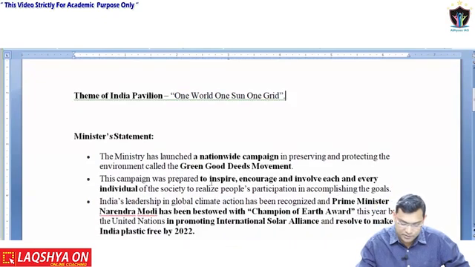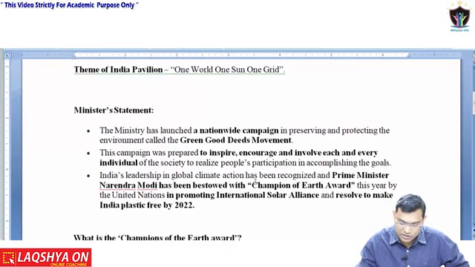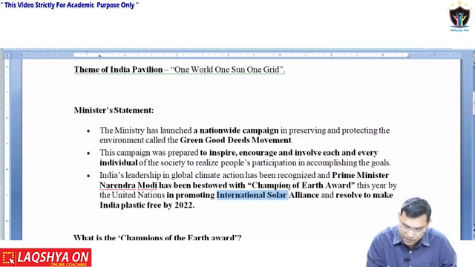The campaign was prepared to inspire, encourage, and involve each and every individual. India's leadership under Prime Minister Narendra Modi received the Champions of the Earth Award this year from the United Nations for promoting the International Solar Alliance and resolving to make India plastic free by 2022. So what is important here is two important things. One is the Champions of the Earth award, which was given to India for promoting